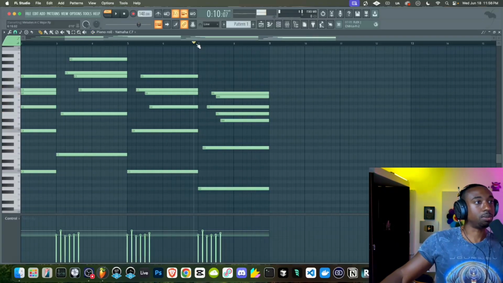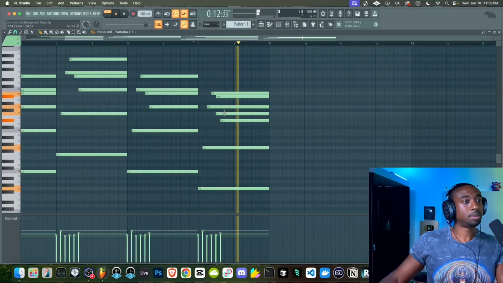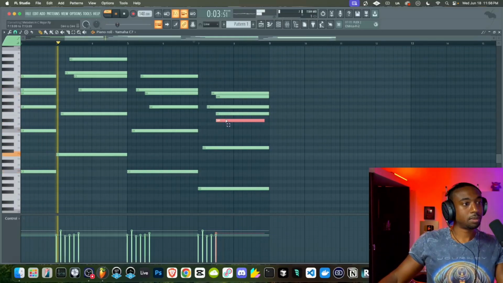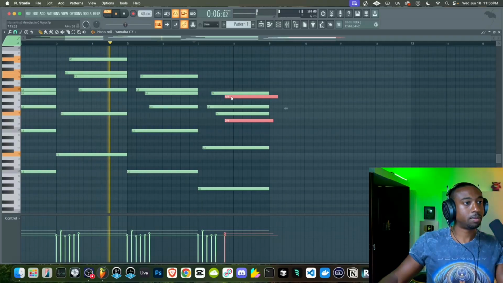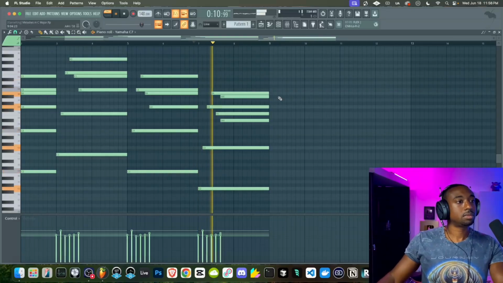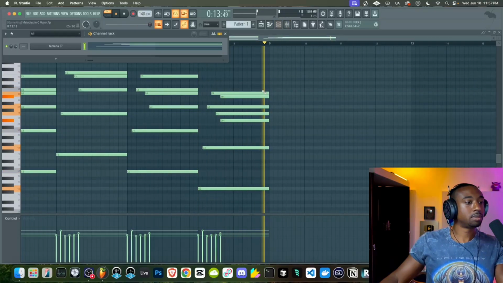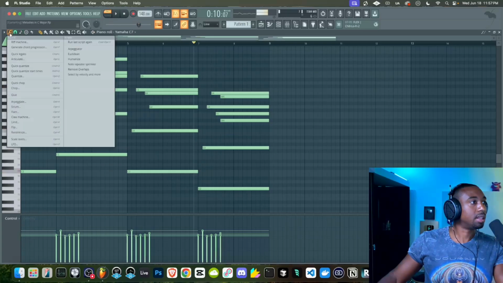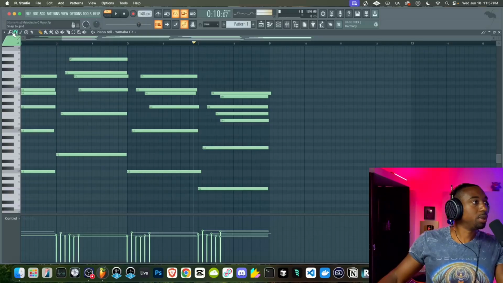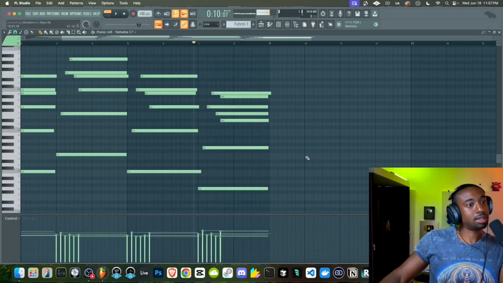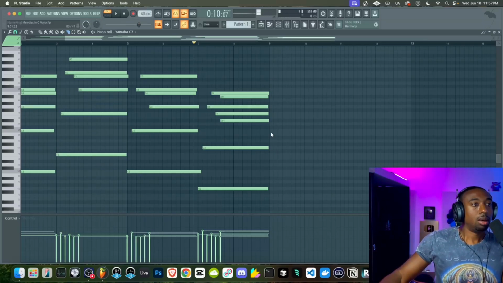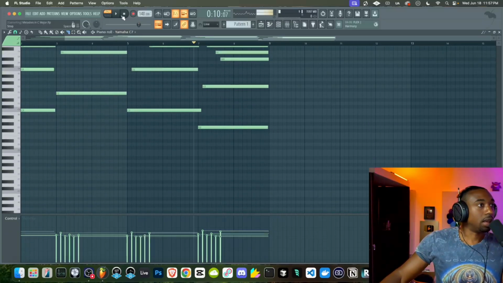Now we just got to figure out which notes we want to play. Let's humanize this and then let's change out the actual sound. Let's humanize. Sometimes when you humanize, you have to remove overlaps. You guys have to download that script from the Image Line forums. Look for piano roll scripts and then look for the remove overlaps.